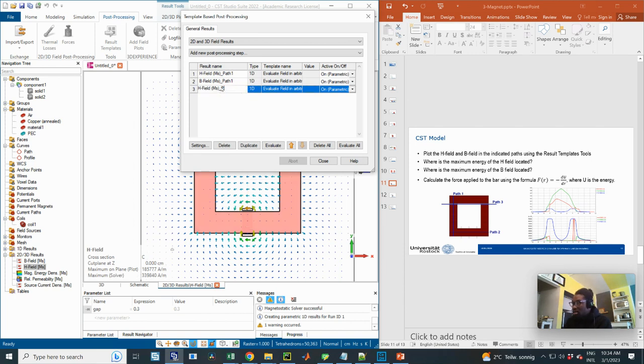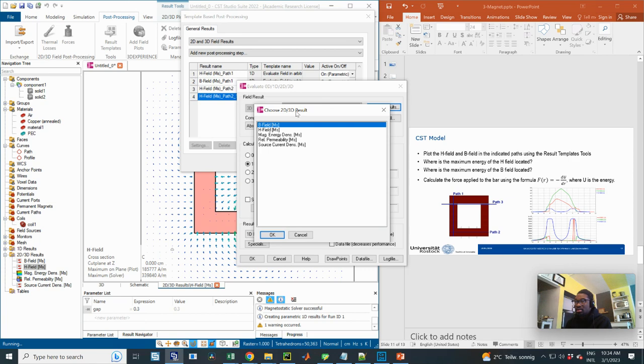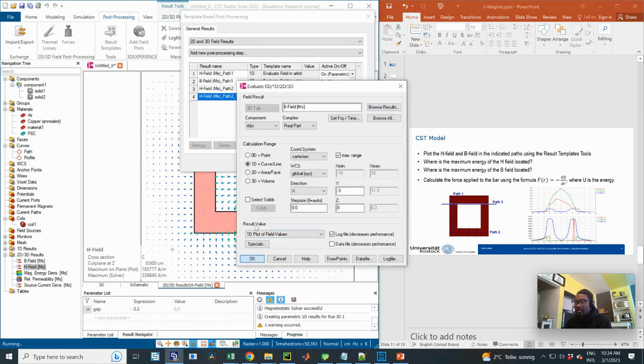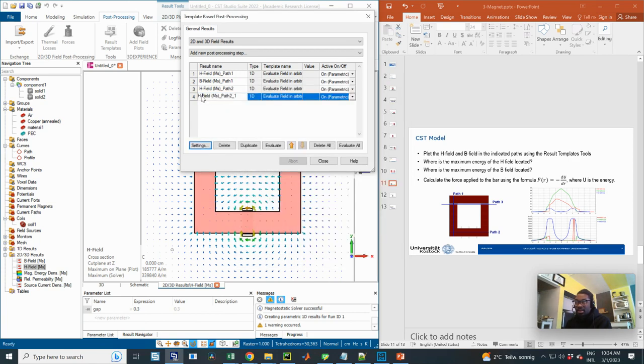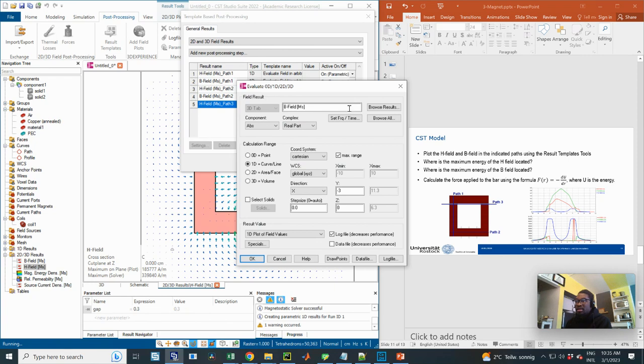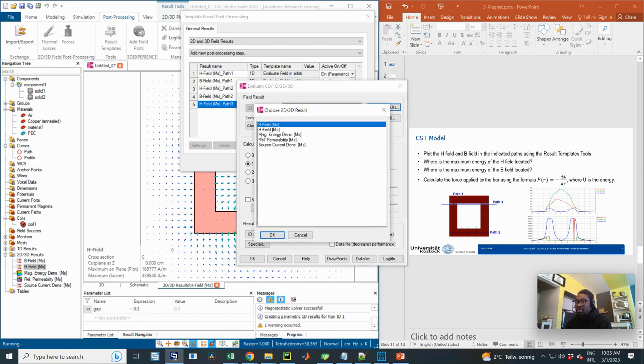So I want this to be path 2, and then I just duplicate this for B. I have to change the name to B, and then part 2. Now I could also duplicate this for part 3. So H for part 3, and then settings, I change this to H field,